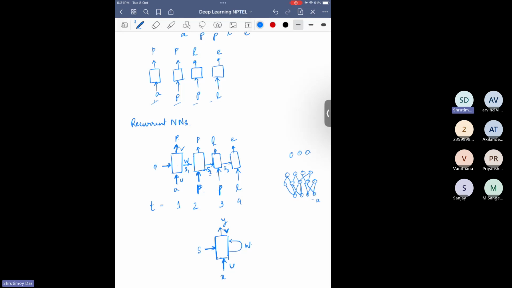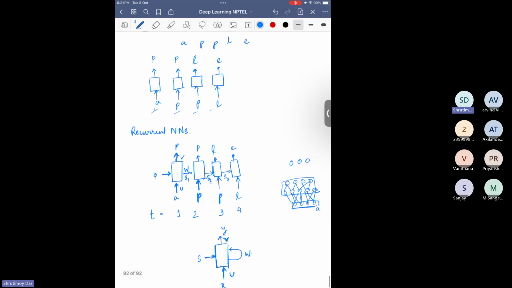Because you are passing this one hot encoding as an input, you will learn some representations, right? Because when you were looking at autoencoders, what did you see? You have some input x, you go to some lower dimension, you learn some representation, then you go to the decoder and you try to reconstruct x, right? So that means you are learning some representation of x in this space. So even here,